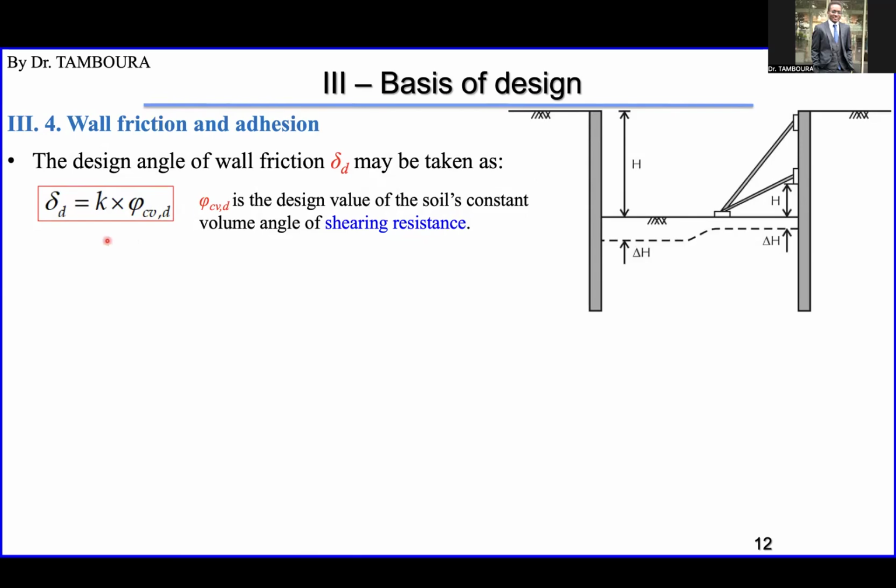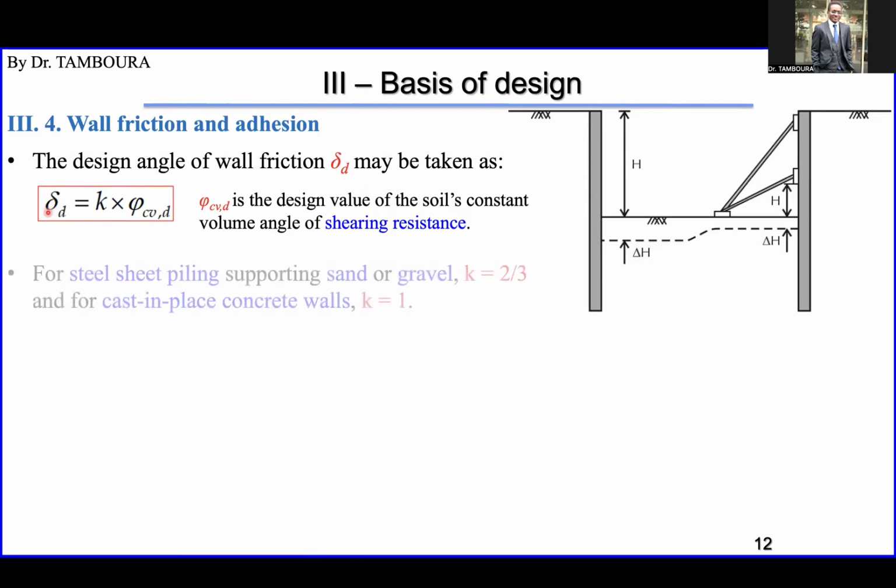So here is the equation recommended by Eurocode: K multiplied by phi, the design value of phi. Phi is the shear resistance angle at constant volume. So the value of K will determine the value of the friction angle. For steel sheet pile supporting sand or gravel, you can take the value of K as 2 divided